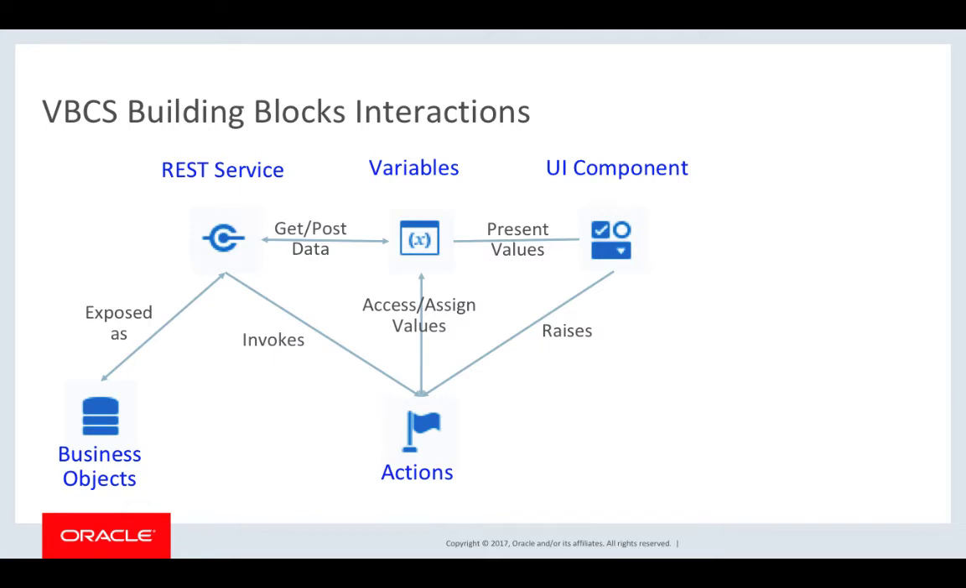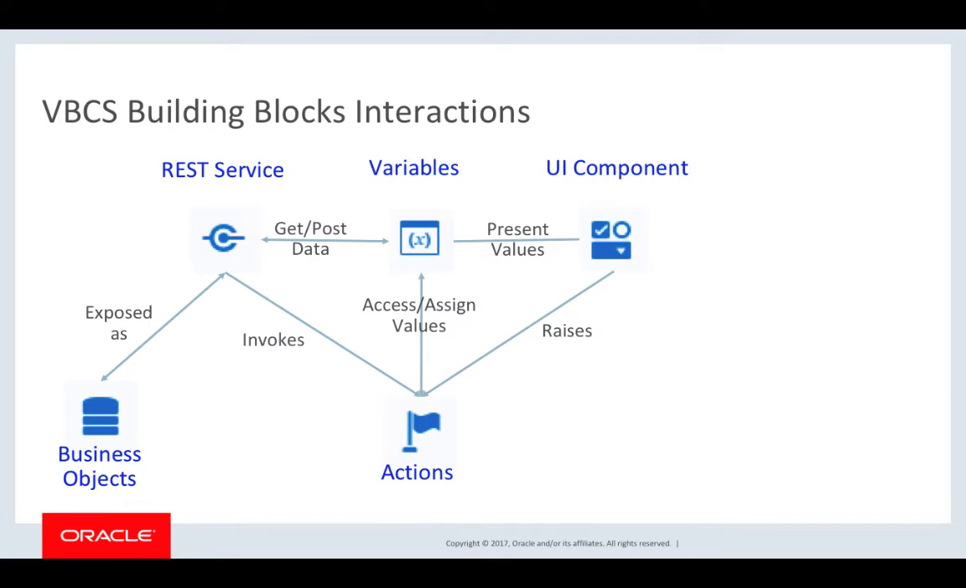You can also use external REST services in VBCS. In order to show UIs in VBCS, you create pages using UI components. The UI components present values that in a lot of cases come from those REST services. In order to store those values, you use variables. So variables get the data from a REST service, and then the UI component is bound to a variable and